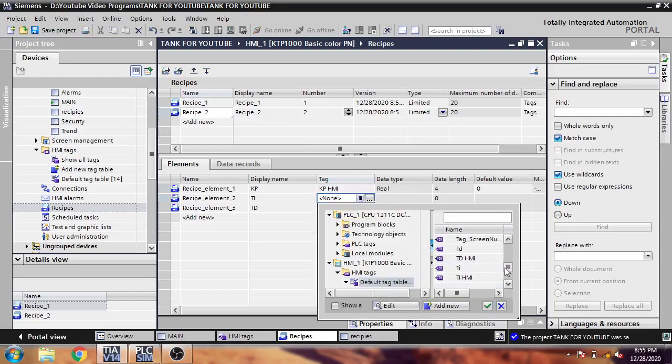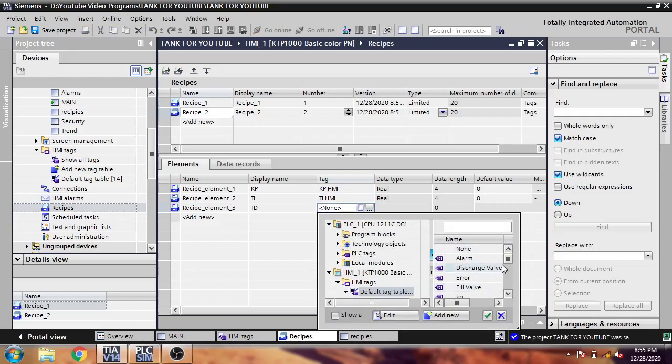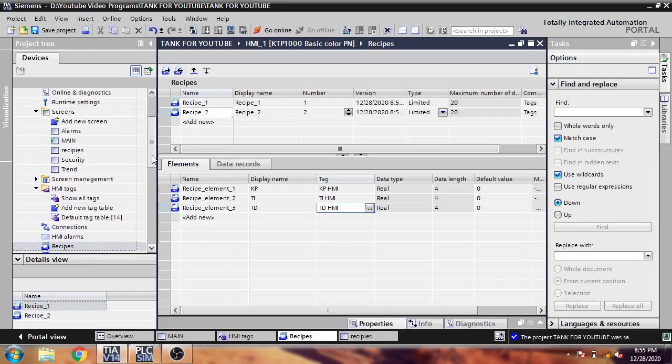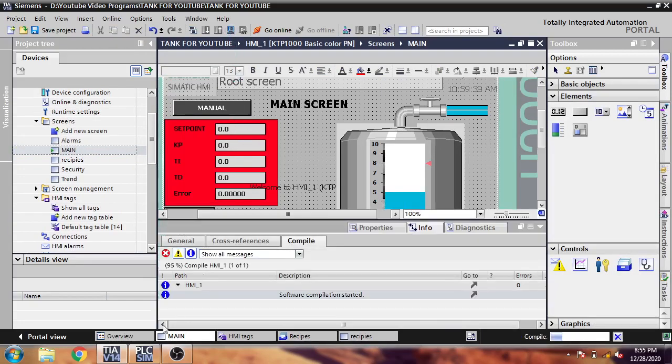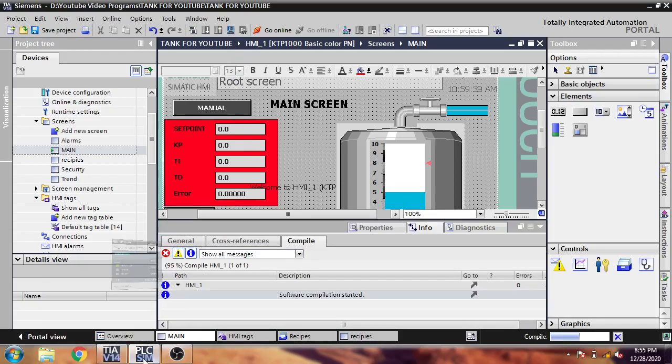I think that's it. Now I'm going to main and start my simulation to check whether our recipe is working or not.